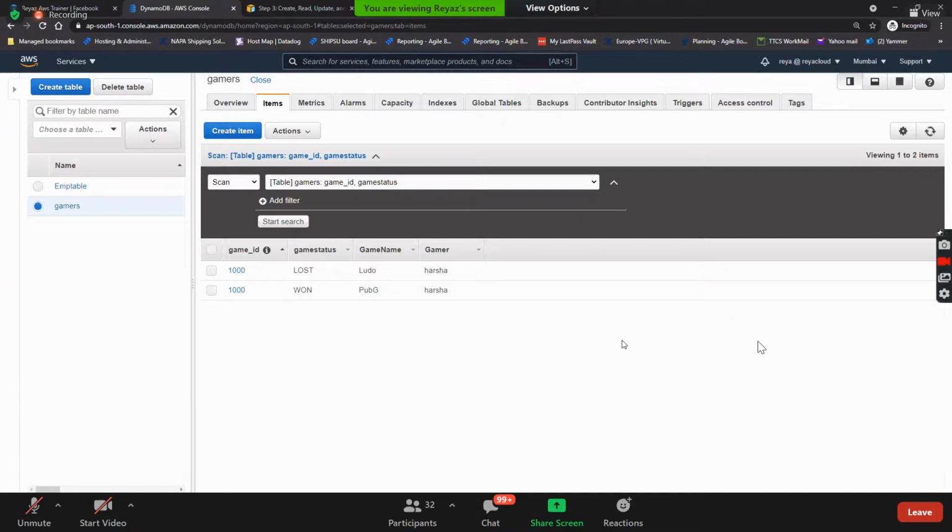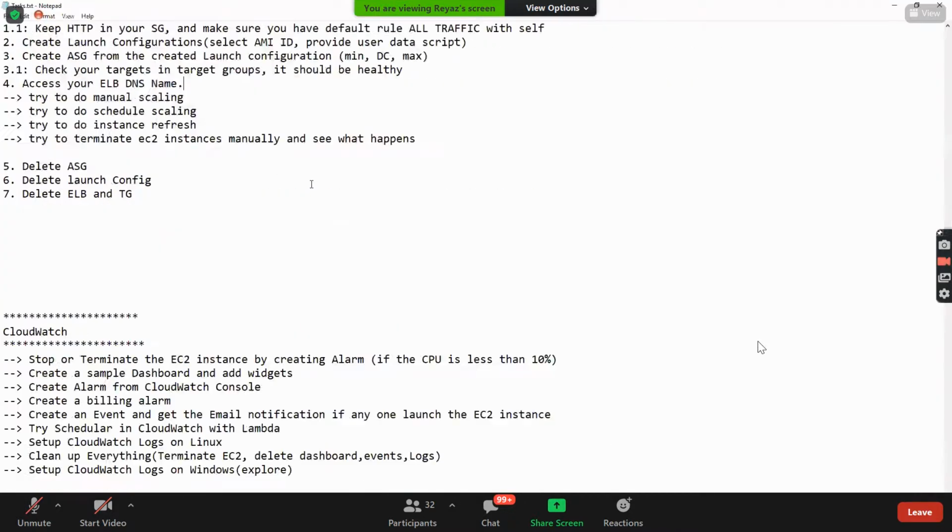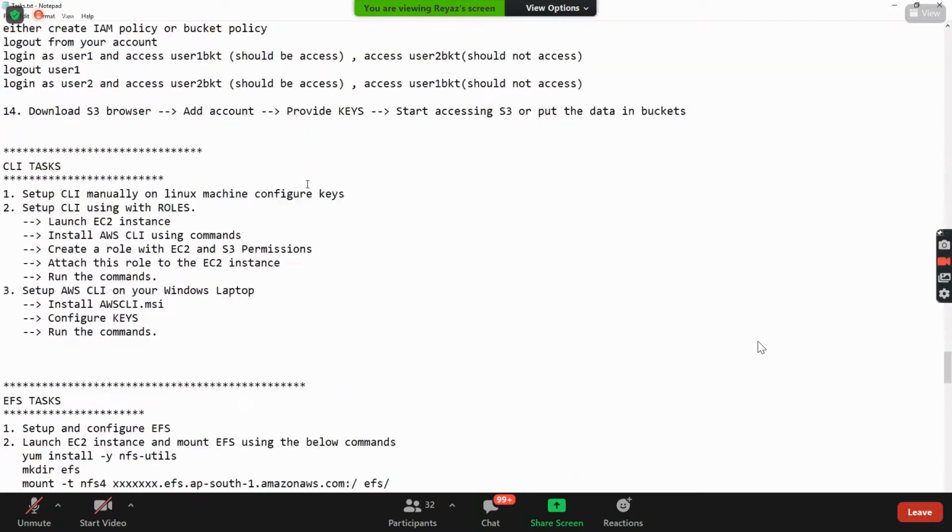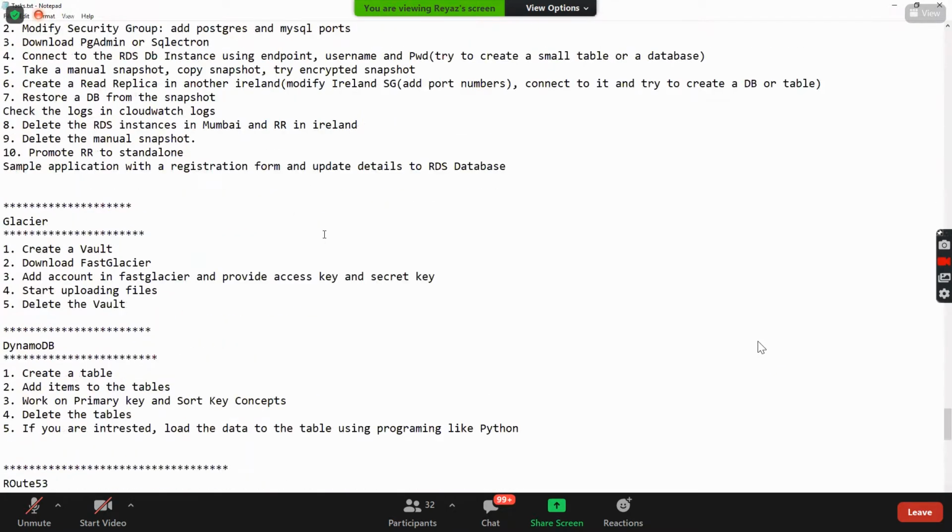So what you do is, guys, would you like to create a table? So please, I'm writing it here. Create a table. I think I should be having some task here. Okay.